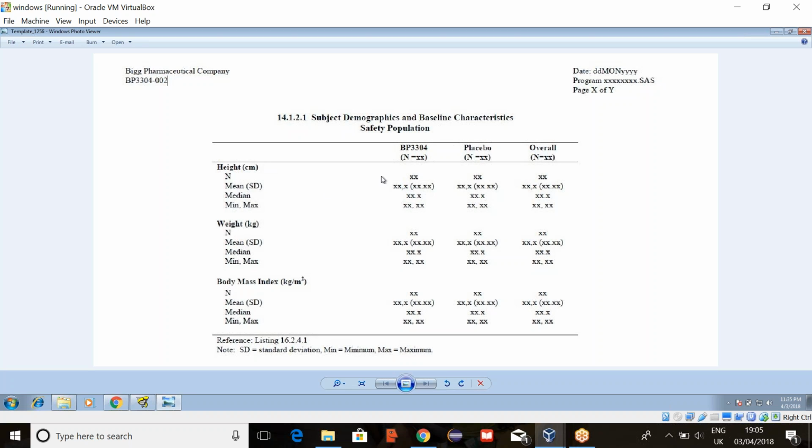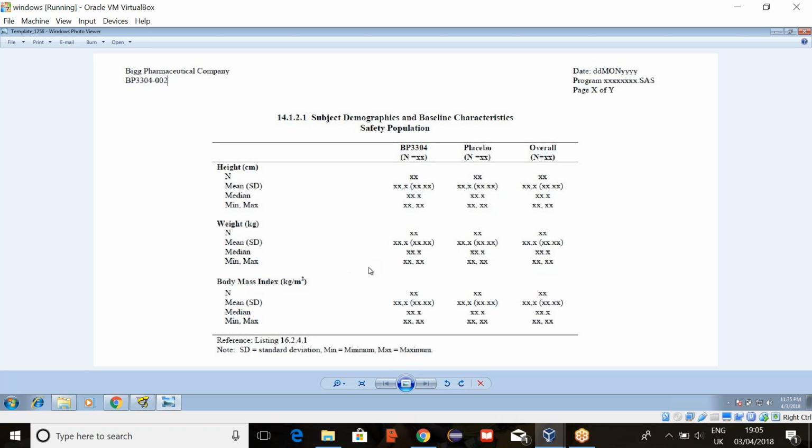And what is the classification variable? It is the treatment here. So in the given dataset, first we have to check whether these three variables are there or not, and also the treatment variable. And we have to create an overall column. So like yesterday, let's divide this into three parts first, and we have to concatenate and finally keep it in proc report. That is the process that we have seen yesterday.